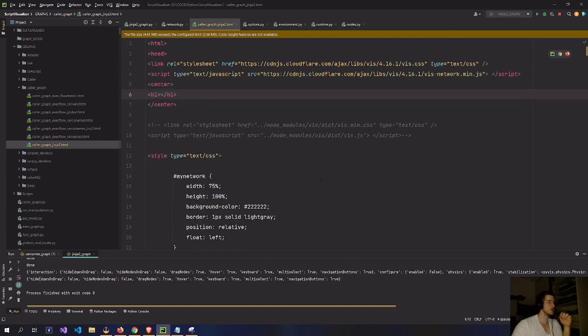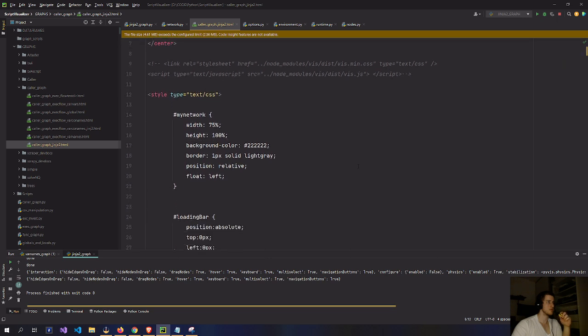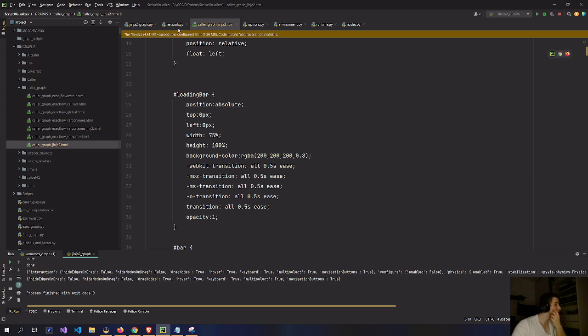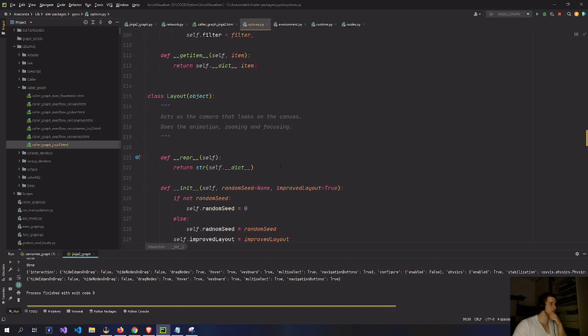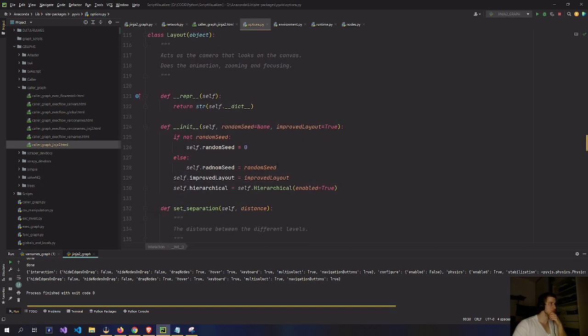Maybe I should write down the stuff that I'm trying to understand. I'm also at this, which handles the HTML part of the canvas and generates an interactive option editor with filtering. So I guess that, but